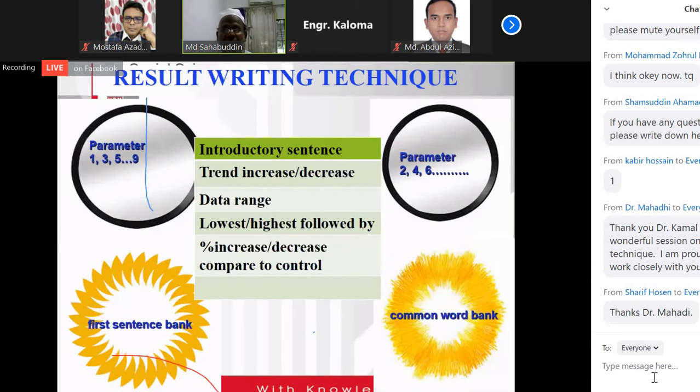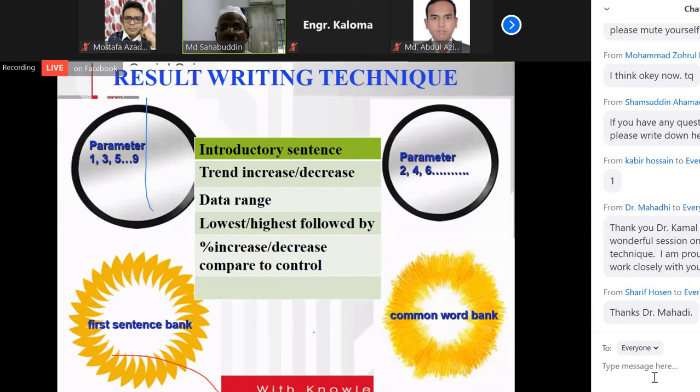The third sentence, you can write the data range. Data range means you have 10 treatments, control and another 9 treatments, so which one is the lowest value and which one is the highest value. So we can put the plant height range was 5 to 20 centimeters.